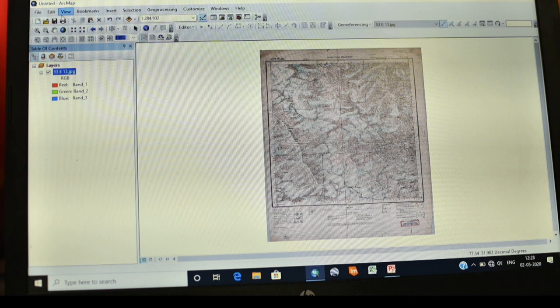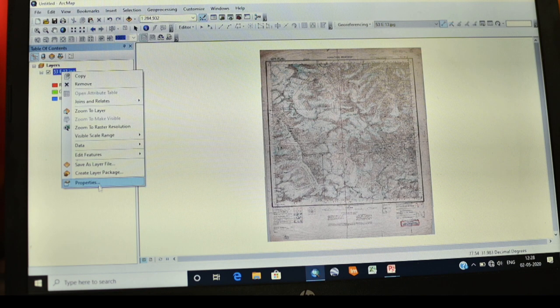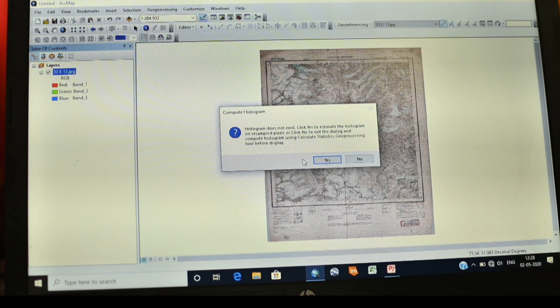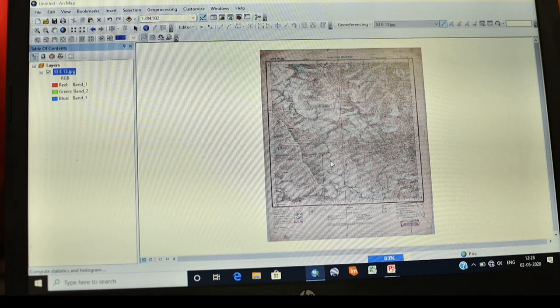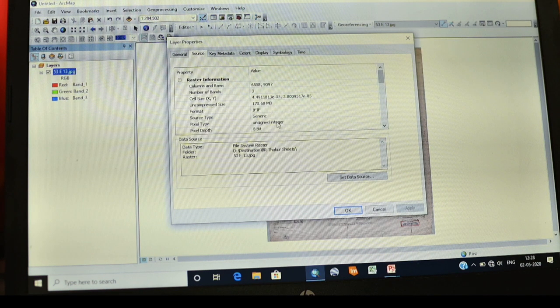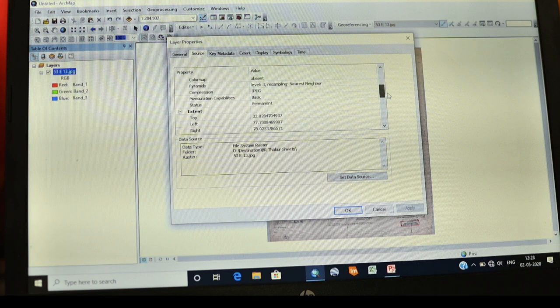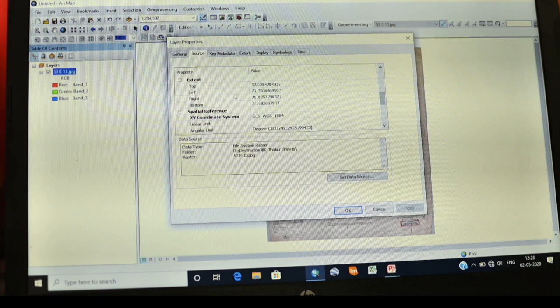So go to this, right click on this layer properties. Histogram does not exist, you can build. And here you will see that, okay, now you can see the extent, top extent 32 degrees, left 77, and XY coordinates WGS 1984, but here linear unit is nil, so it should be 1 in metric sense.